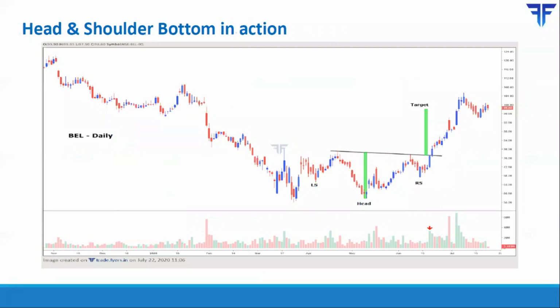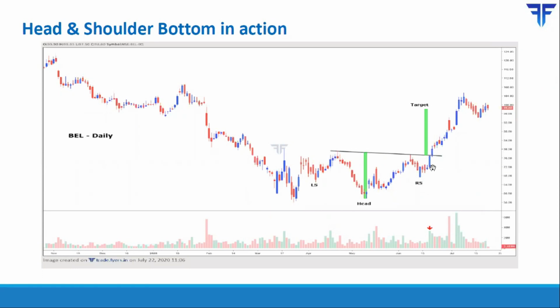Now this is a daily chart of BEL. This is the most recent chart. So after this very powerful downtrend, you have a low over here. From there, price fell and broke the previous low, which is this point. From there, it rallied. This time it made a higher low. So you have a sequence wherein the middle low is the lowest low, and around it are two higher lows. So this is the left higher low, and this is the right higher low. And this is the neckline, which connects the two intervening highs, that is this point and this point.